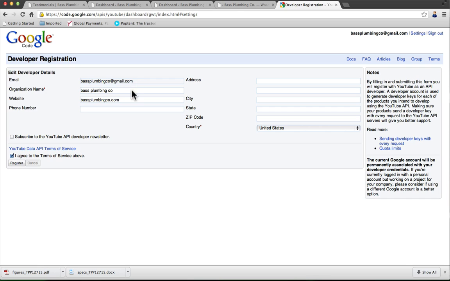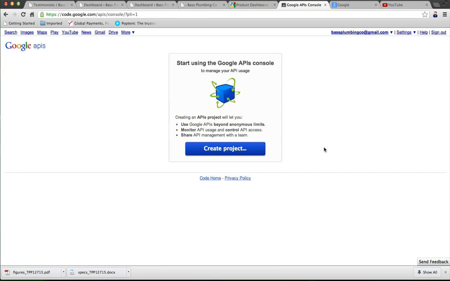So you can just put the basic information here, you don't have to put all of it, and agree to the terms of service, and then click register. And from here you're going to click on create project,